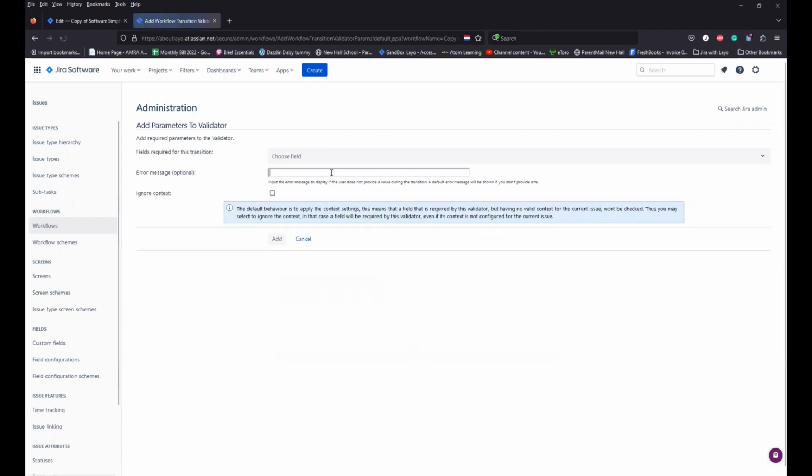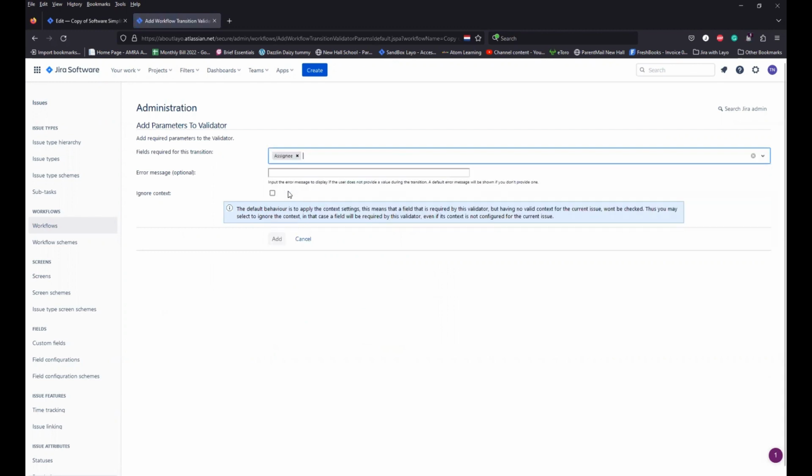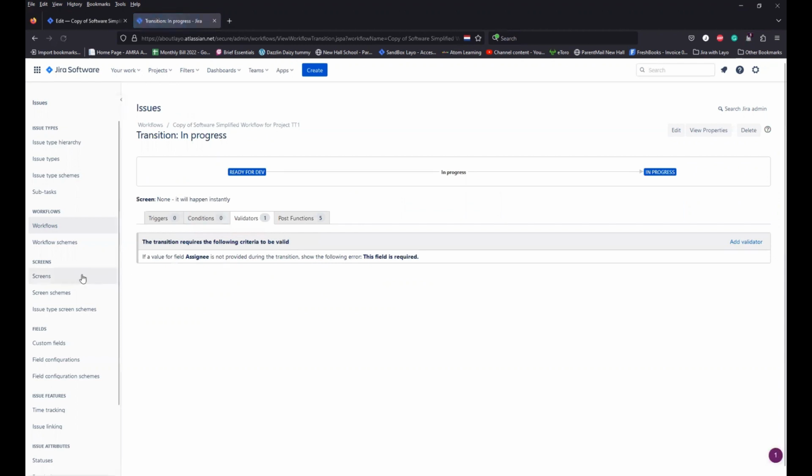On the next screen here, all you need to do is find the field you want to make a required field. So for example, we're making the assignee a required step. So I will click on assignee, and then you can put in an error message, or you can leave it blank if you want to. And then I'll click on add. Okay, so you've added the validator there. So if I then go back to my workflow,